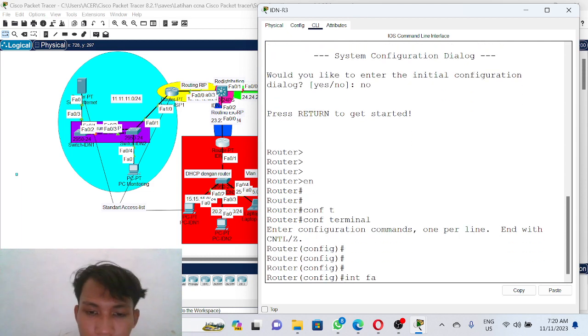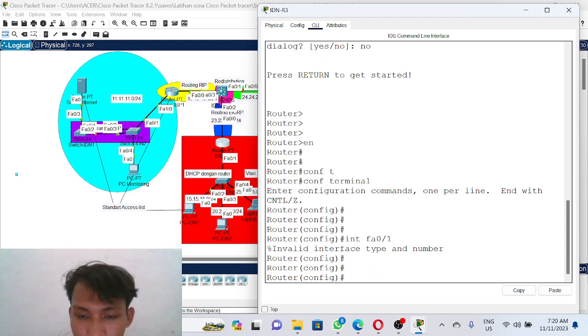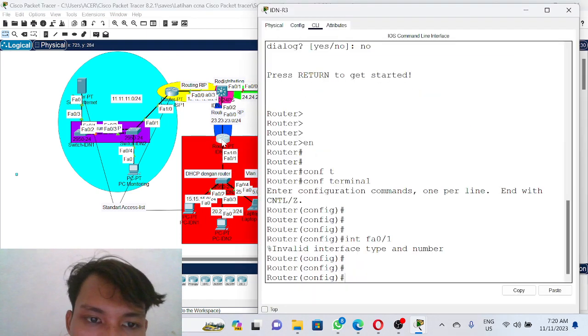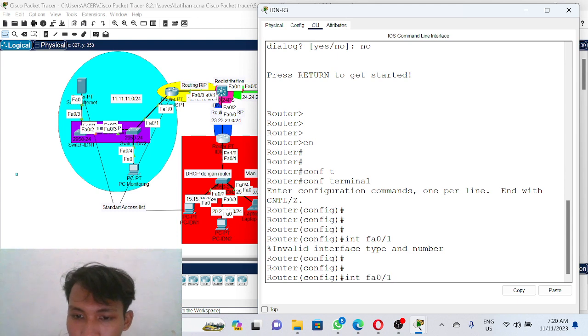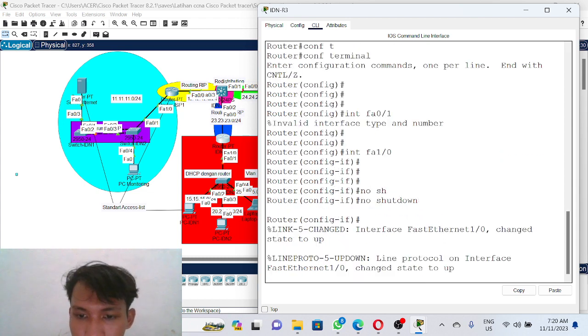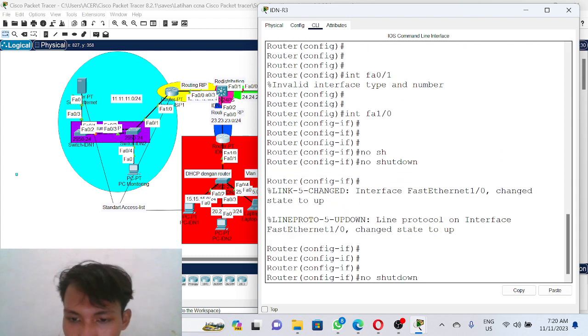Interface FastEthernet 1/0, I'm sorry. No shutdown. Then we make the sub-interface.